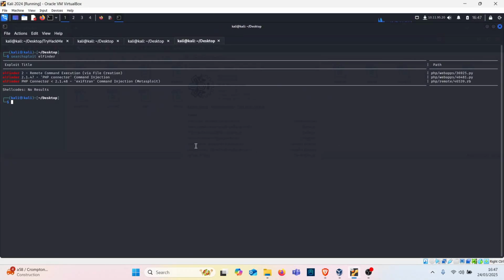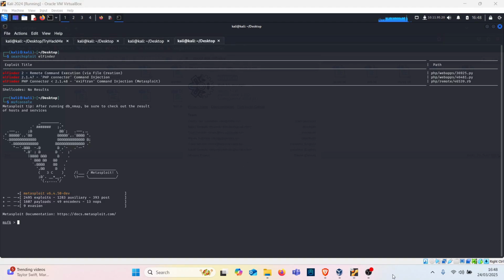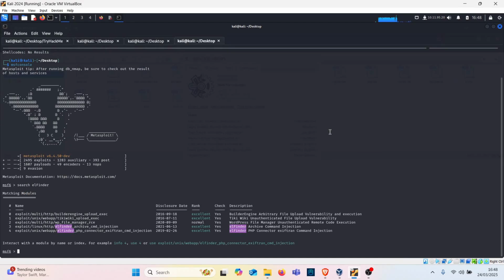So next what we should do is we're going to type in msfconsole, and we're going to run Metasploit and do a command injection attack. We'll just wait for it to load. Okay, it has loaded, so now we're going to type in search. We're going to type in Finder. So we're looking for command injection. There's two command injections right here. So we want exploit number 4, so we'll just type in use